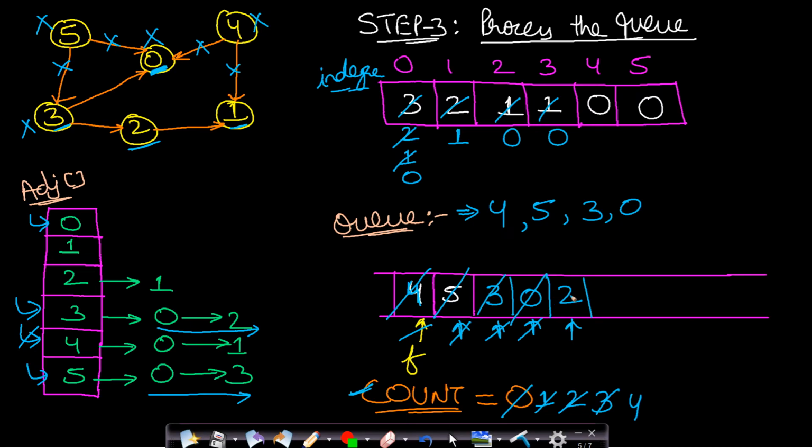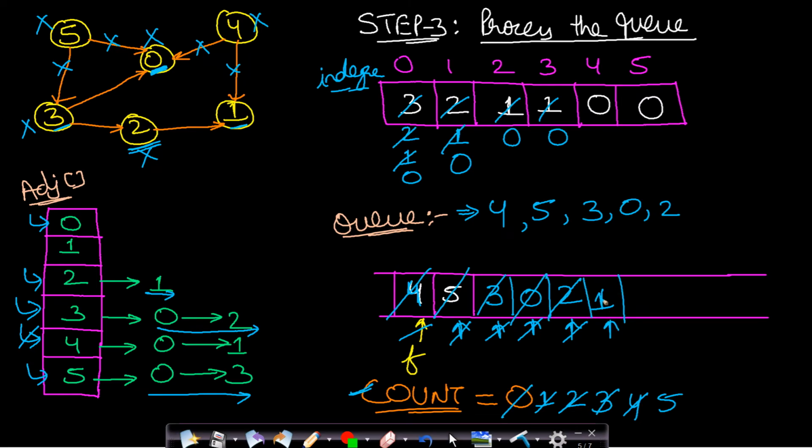Similarly, we will go to this node 2. Now when we go to this node 2, then this is having an adjacent node which is 1. Then if we remove this node 2, then 1 will get affected. Okay, so let us assume that we remove this node 2, and if we remove this node 2, then the value of 1 will get decremented and it will now be 0. Since it is 0, it will be pushed into the queue. Okay, and now 2 has now been processed. So we will insert 2 into our answer vector, and we will remove this 2 and we will increment the counter, saying that we have now processed 5 nodes.